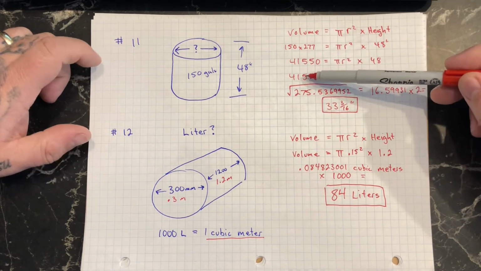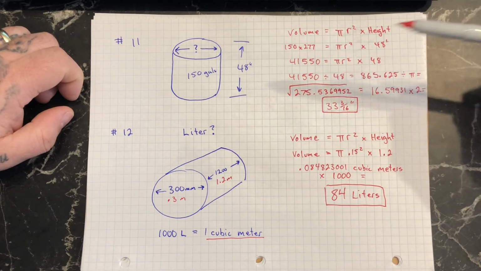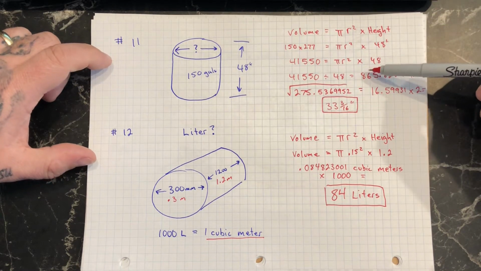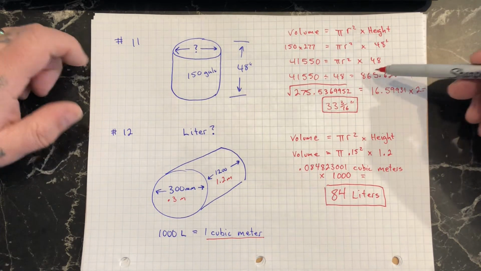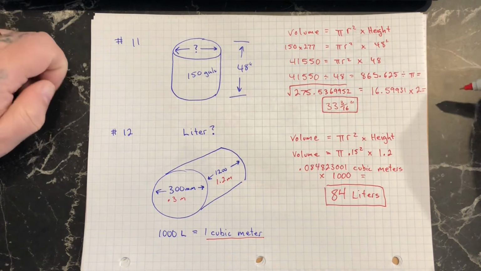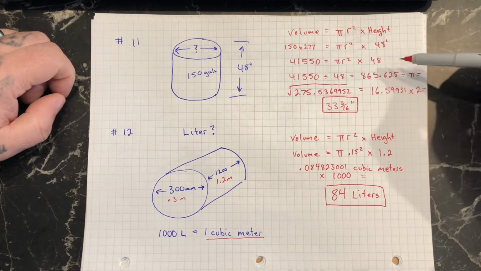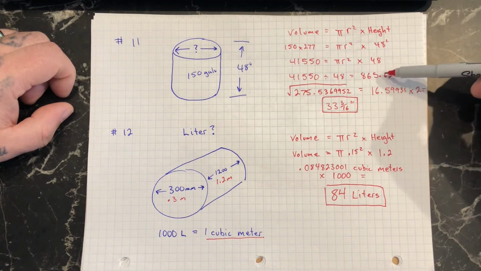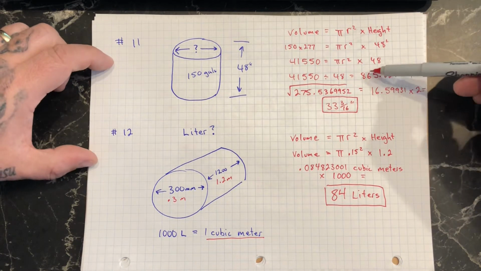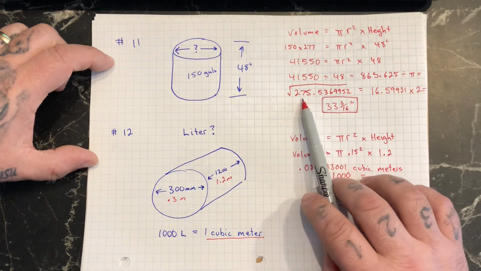So 41,550 divided by 48 gives us 865.625. The next step is to divide by pi, because we're going to break down the pi r squared part. If we did pi r squared, it would equal this number. So now I'm going to reverse it. If I take this number and divide it by pi, it gives us this number here,